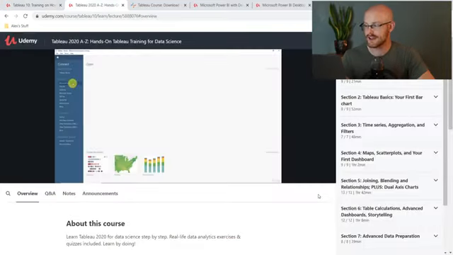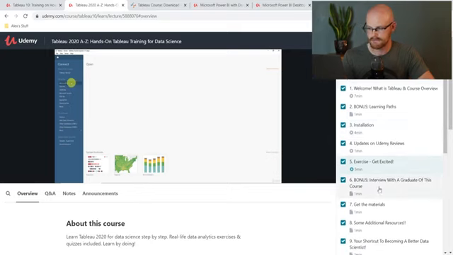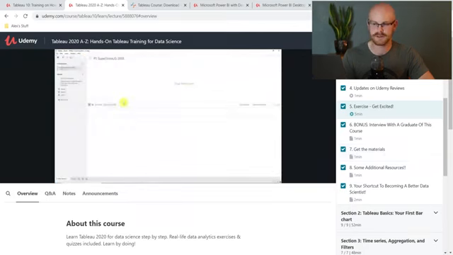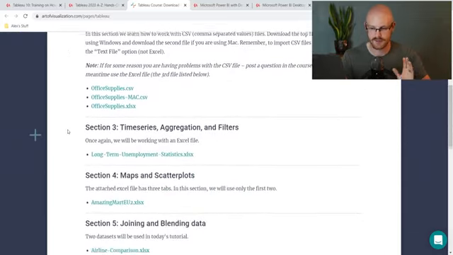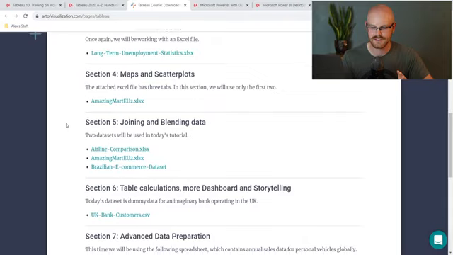So when you get started, of course, you're going to be learning how to install it, and you can go right over here, and that's the installation part. But when you go right down here, you have this Get Materials, and it pulls you over to here, where you can look at all the Excel files or CSV files that you're going to be using throughout this course. And a lot of these I use for like personal projects because I didn't know where to get data sets at the time. And so these are really good data sets to use.